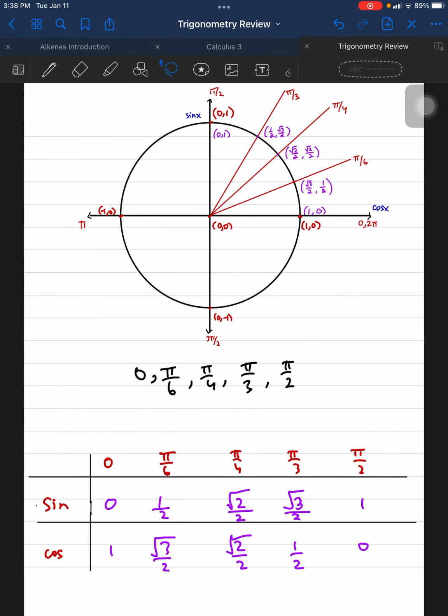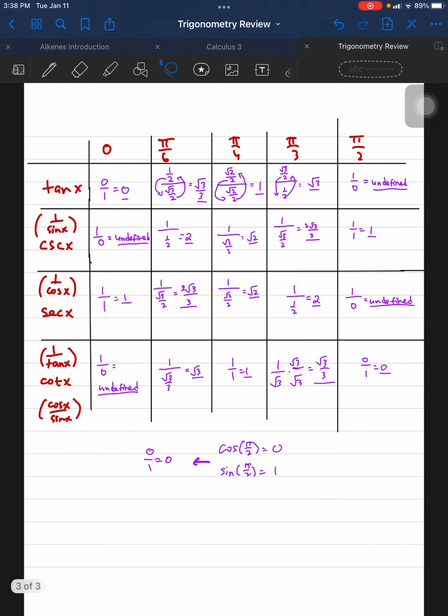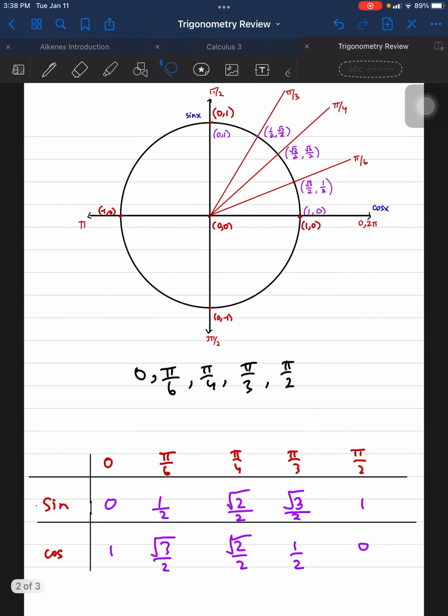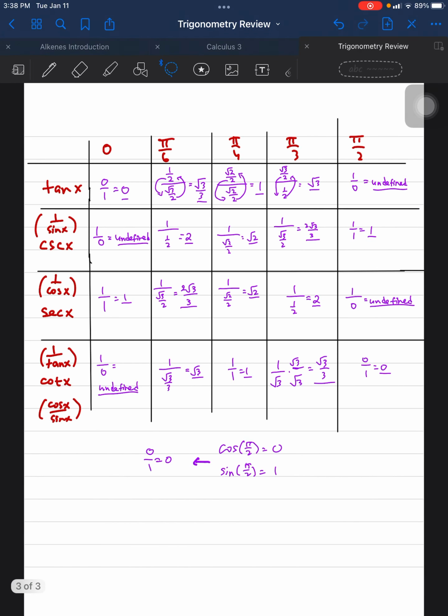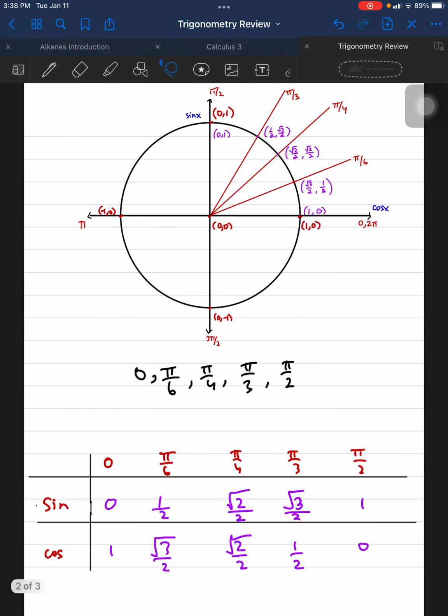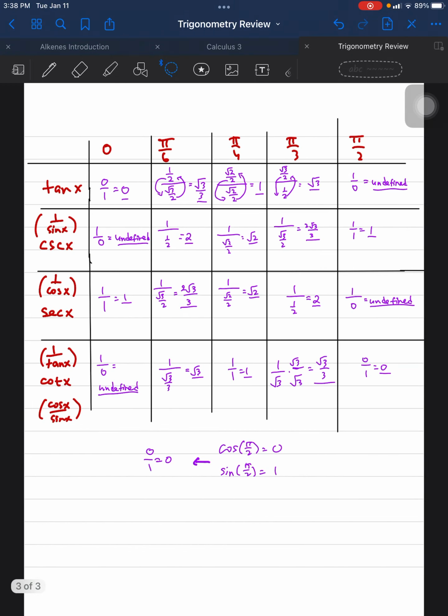I made it a little neater. If you guys want to screenshot this so you have it in your notes or something. These are the values of sine, cosine, tangent, cosecant, secant, and cotangent, using the unit circle and a little method,